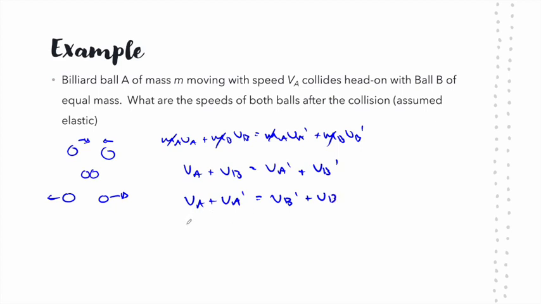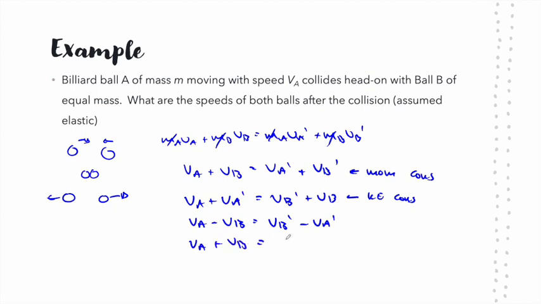If I rearrange this equation a little bit, I get vA minus vB equal to vB prime minus vA prime. This is kinetic energy conservation, and this is momentum conservation. Now, if I add the momentum conservation equation right here, vA plus vB equals vA prime plus vB prime, if I add these two, this cancels,